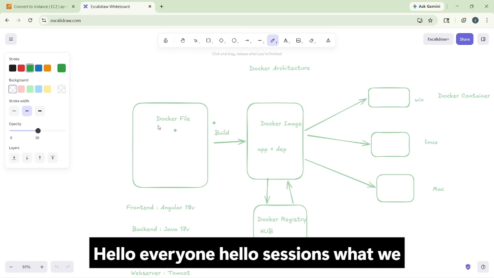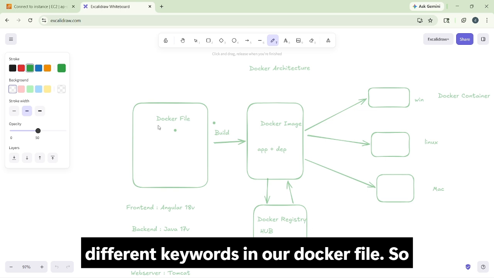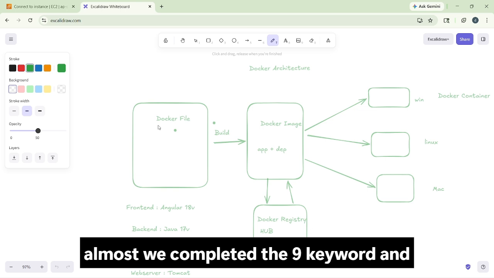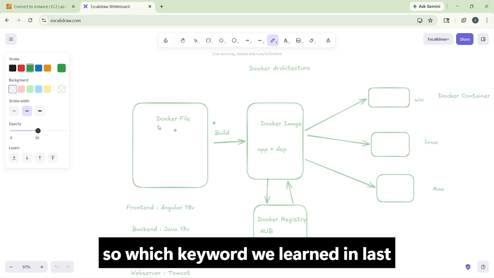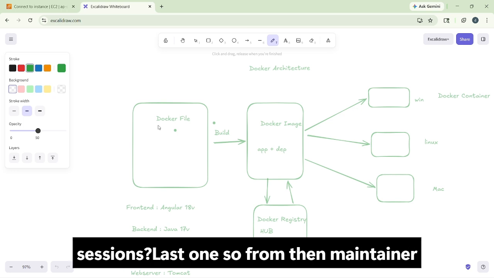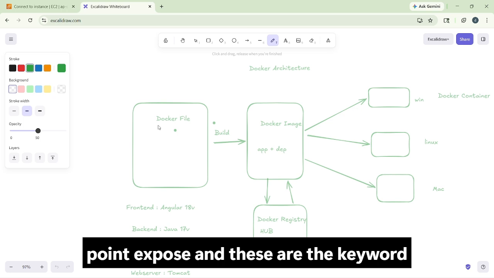Hello everyone. In the last session, what did we discuss? We discussed the different keywords in our Docker file. We almost completed the 9 keywords and the purpose of these keywords. So which keywords did we learn in the last session? First is FROM, then MAINTAINER, then ADD, COPY, CMD, RUN, then ENTRYPOINT, EXPOSE, and these are the